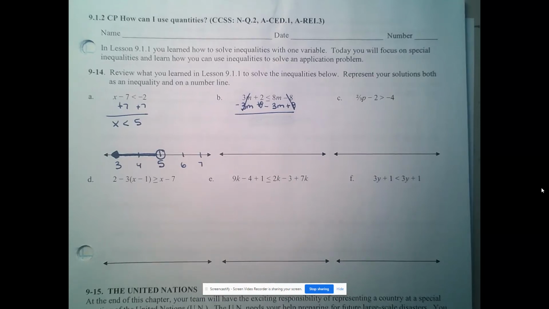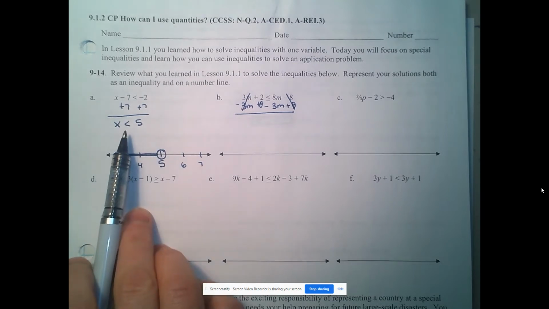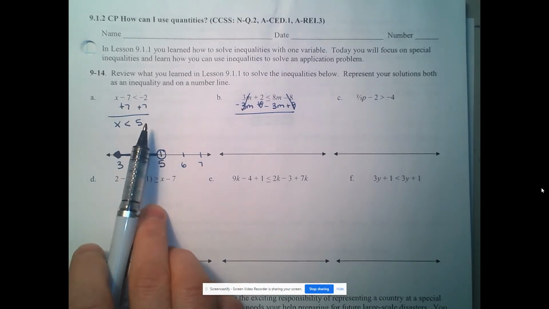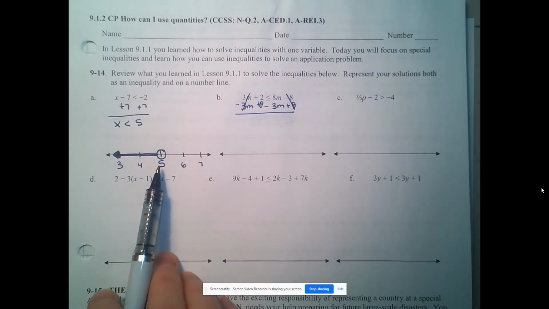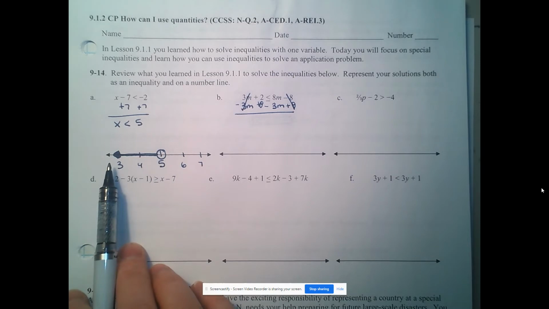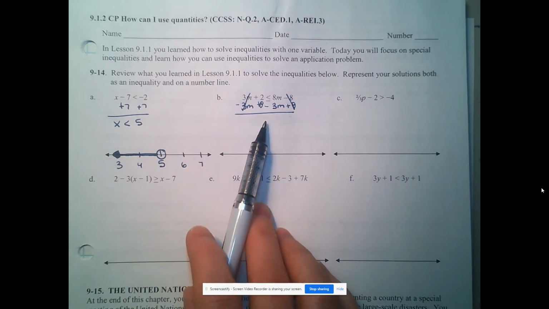All right, so in lesson 9.11, we learned about solving inequalities with one variable. And you can see that I've already done the first example. It's a single variable. I added 7 to both sides, one step. I got x is less than 5. So I did an open circle on 5, pointing to the 4 and the 3, which are values less than 5. Now, the second one, b, you can see that I've already started to solve, but there were variables